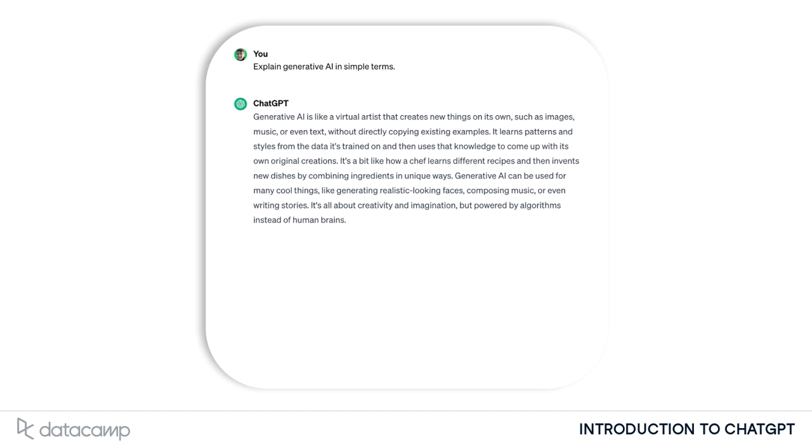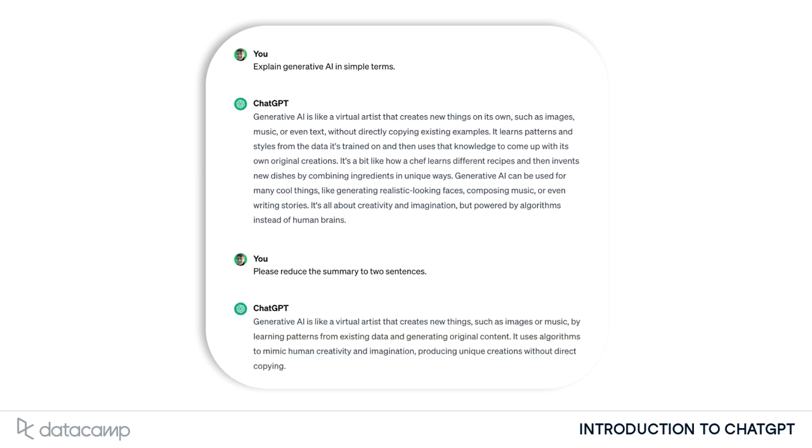This is a good start. However, the summary is quite long. It would be better if we could boil it down to 2 key sentences. We can ask ChatGPT to do just that. Notice that we don't have to instruct it to summarize generative AI again. ChatGPT will actually remember the information and context from earlier in the conversation. The ability to remember the conversation history, and for the user to provide follow-up corrections to responses, are 2 of